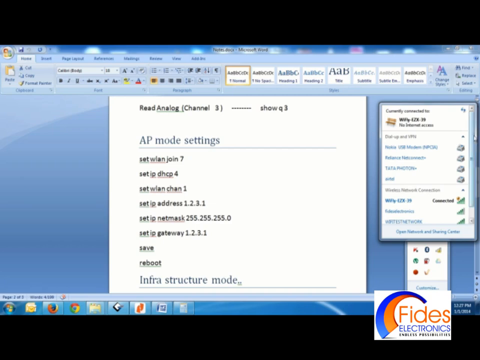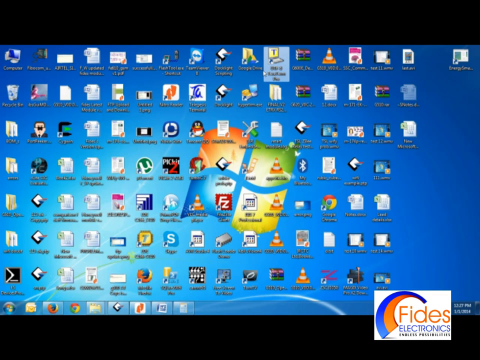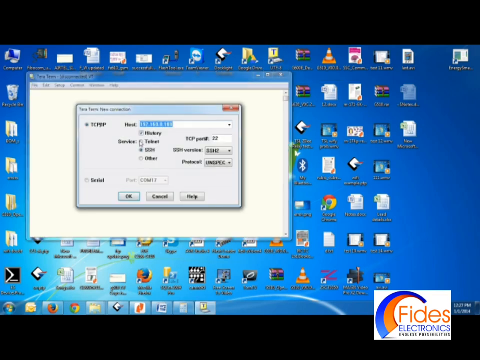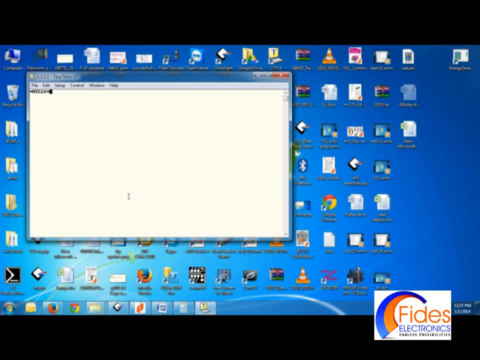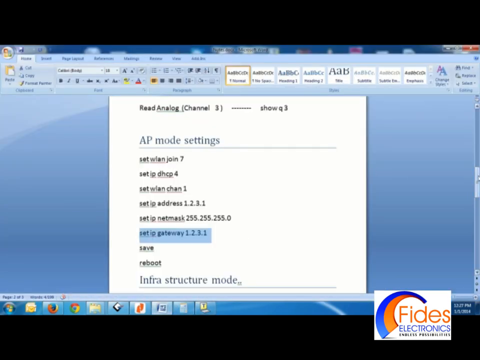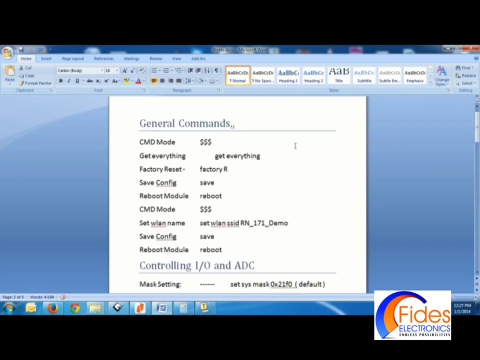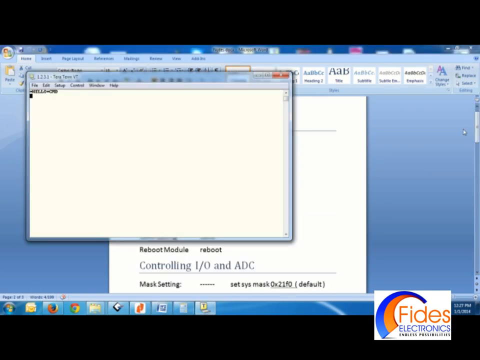How do you connect now to the module? We can use Teraterm and start a telnet service and connect to host 1.2.3.1 on port number 2000. The module returns back hello on association with the module. Now let us enter into command mode by entering $. Yes, now the module is in command mode.